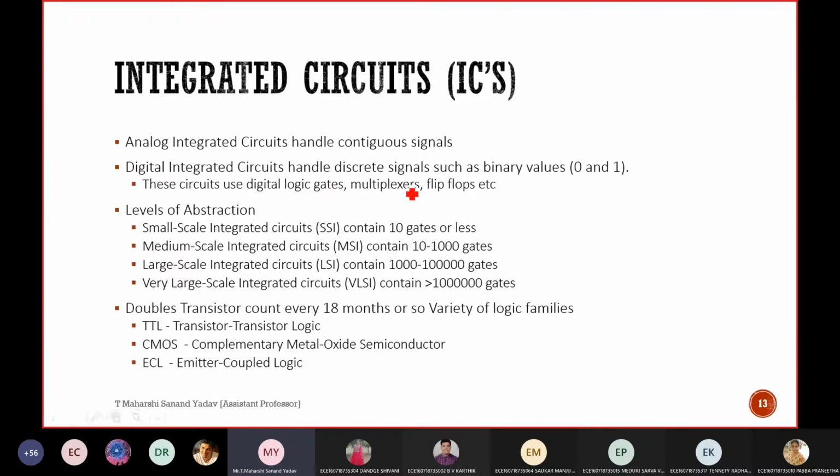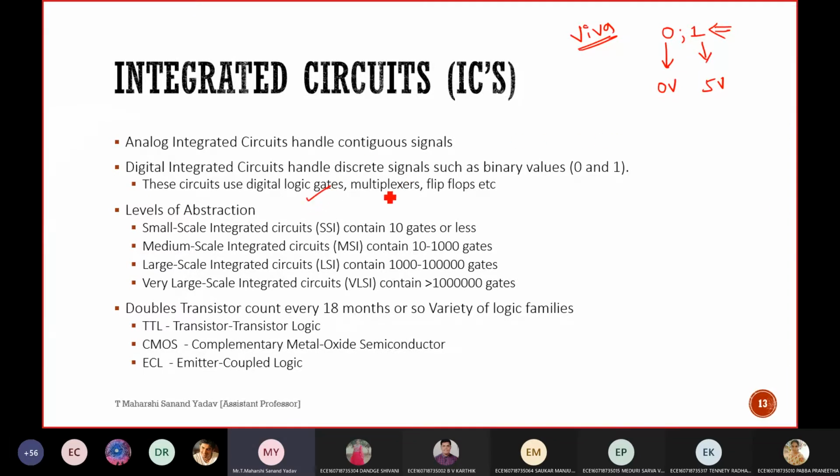Okay, so if it is digital integrated circuits, we'll deal only with binary values, which are zeros and ones. So 0 means 0 volt, 1 means 5 volt. Generally, in any lab viva, you'll get these questions: difference between analog and digital, and why you are using only 5 volt, why not greater than 5 volt? This is the answer you need to say. In binary, there are only two values, logic 0 and logic 1. Logic 0 indicates 0 volt and logic 1 indicates 5 volt.